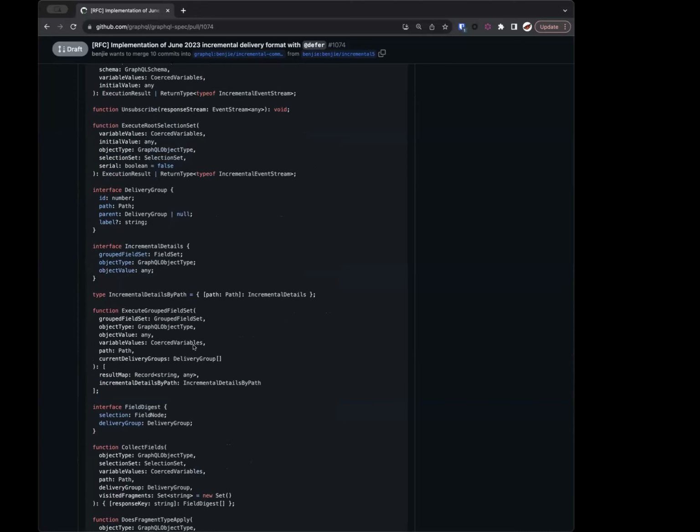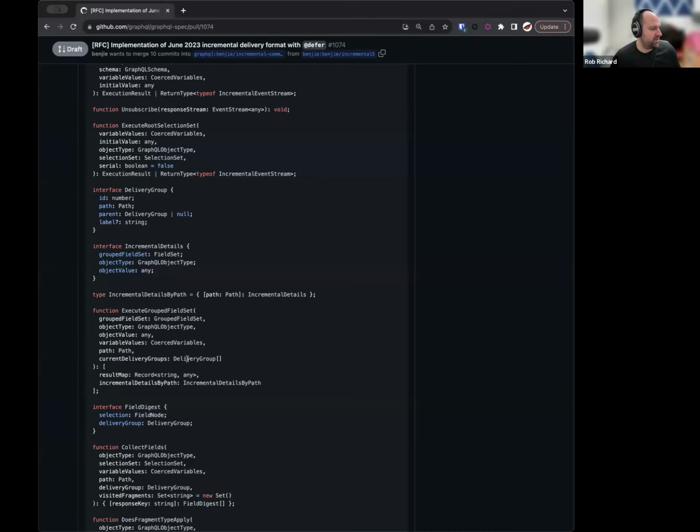In a separate branch, we've refactored how execute query, execute mutation, and subscribe work so that they all call the execute root selection set. And then that execute root selection set basically says, if there isn't anything that is incremental, then just do what I always would have done and send the data and errors. Otherwise, do the incremental event stream. It's line 350 if you're looking for it.